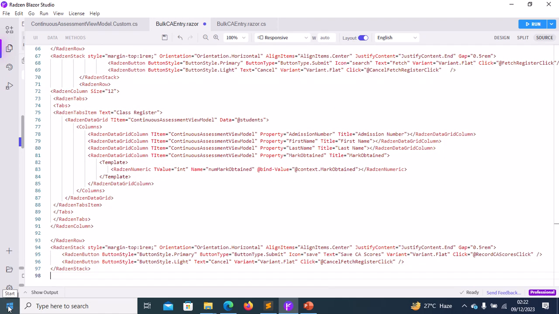The submit button on line 67 is to fetch the list of students from the database, while the submit button on line 95 is to save CA scores. And you can see that the submit button on line 95 has a click event which is attached to the save CA scores click. Okay,